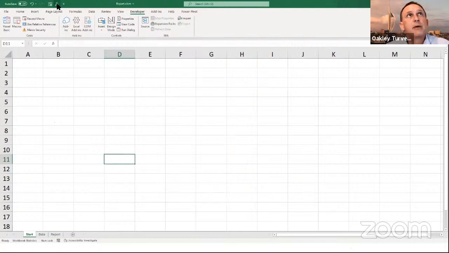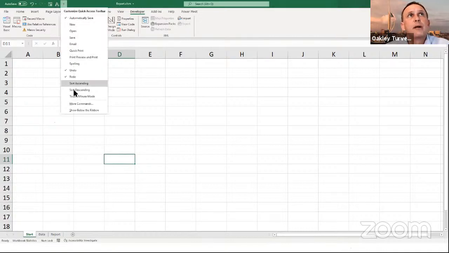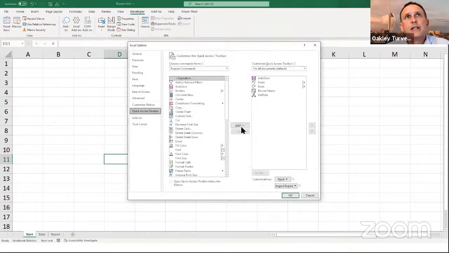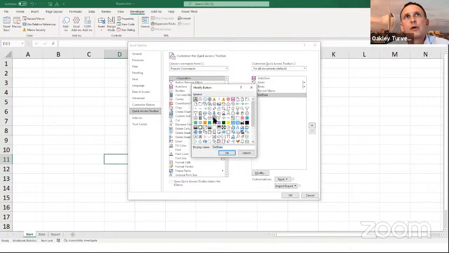And we see the button there. When I hover over it, it tells me the get data. But if I put another one up there, it's going to have the same icon. So if you do that, always change the icons. So update this, modify it, and choose an icon that kind of means something to getting the data, maybe a file or something like that. And where it says display name, this is human speak. So you might say, get sales data from file, something like that.